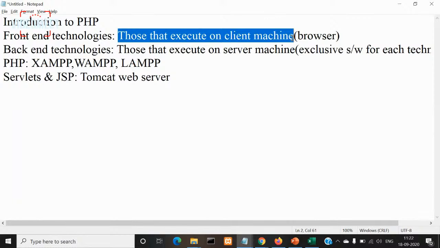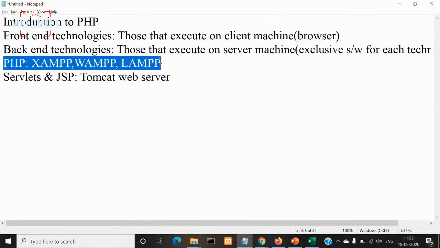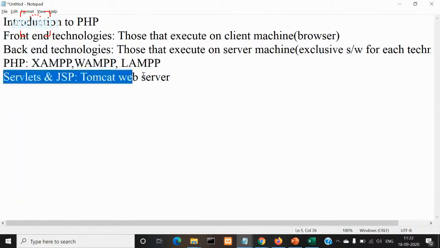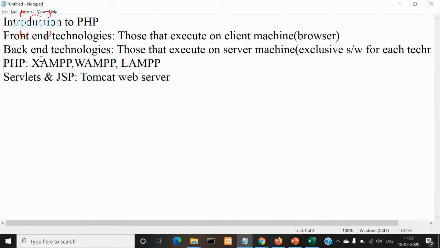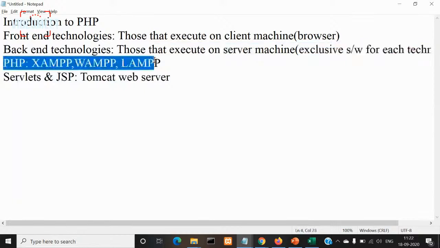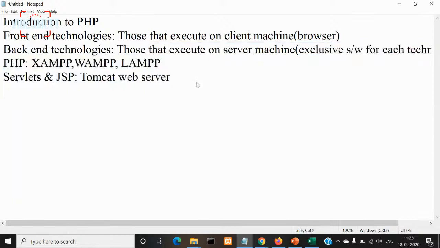Right? Fine. Now let us confine our discussion to PHP only. Let us not discuss servlets at all. Let us confine our discussion only to PHP. Coming to this PHP, you need to install it. I request you all to install XAMPP. I'll tell you first, before XAMPP,